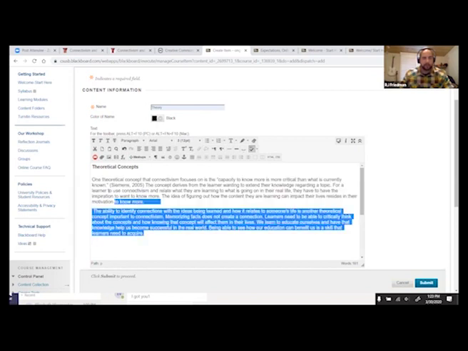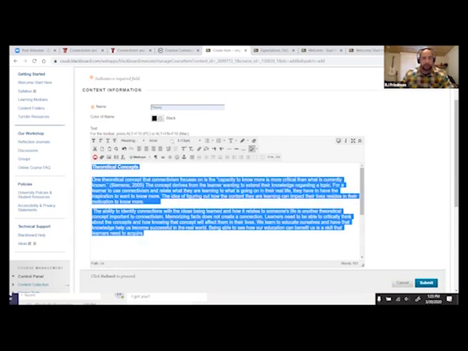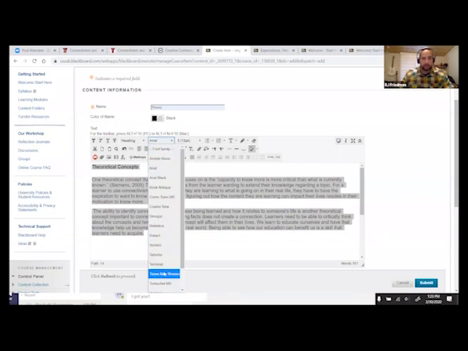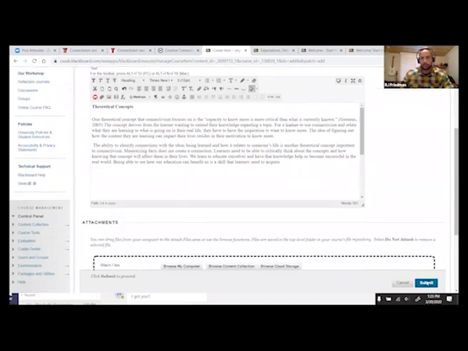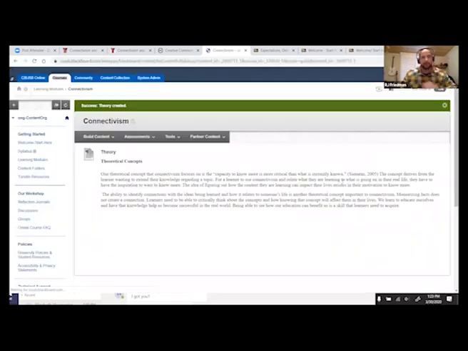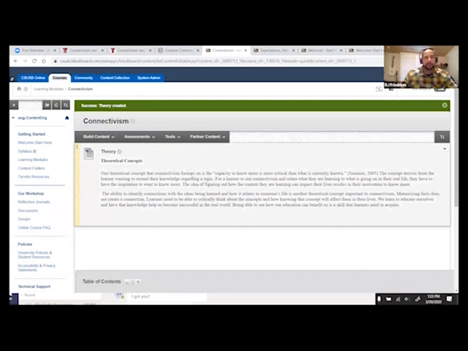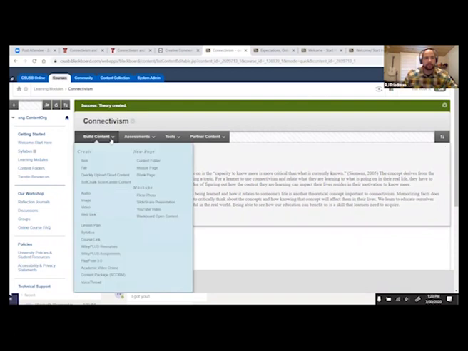And finally, I'm going to highlight all of this and make it look a little prettier by choosing the Times New Roman font. Okay, there we go. Then I'm going to hit submit. And now what we've done is we've created the first item within our learning module, and this translates to page 1. Let's do it again. Build content,